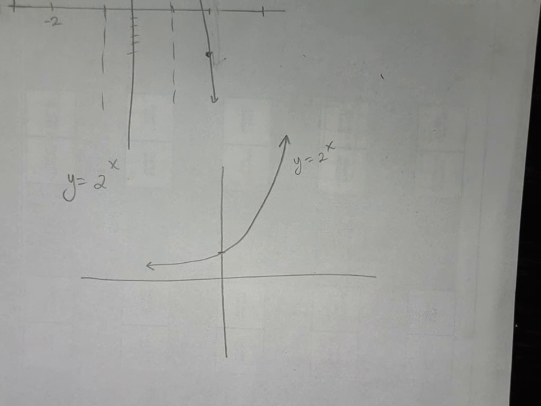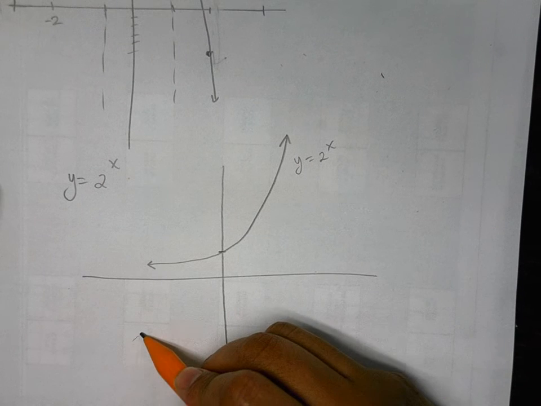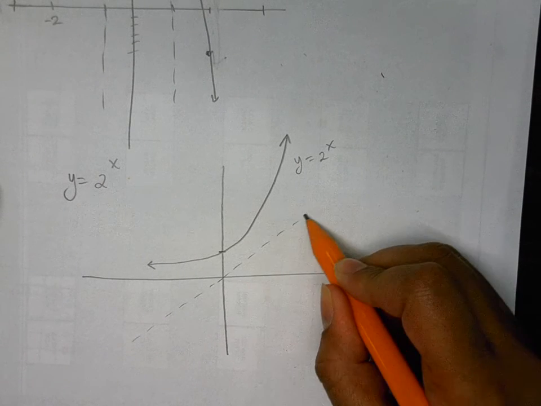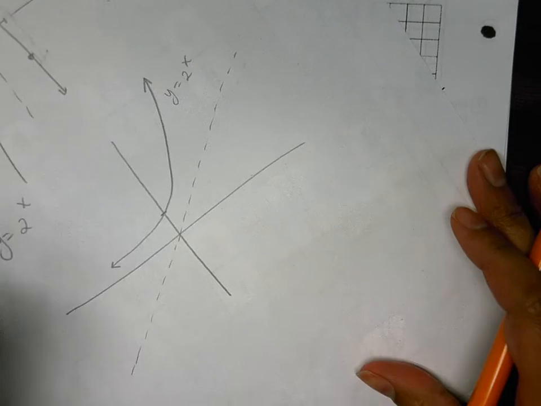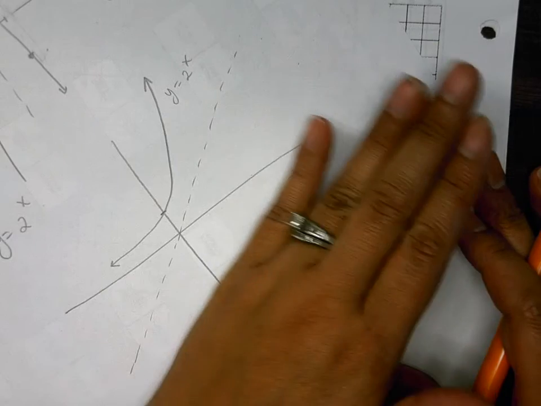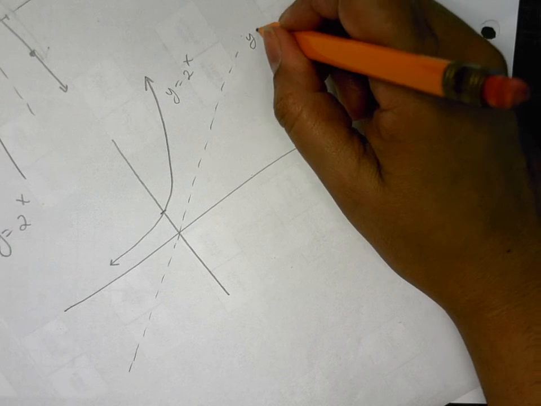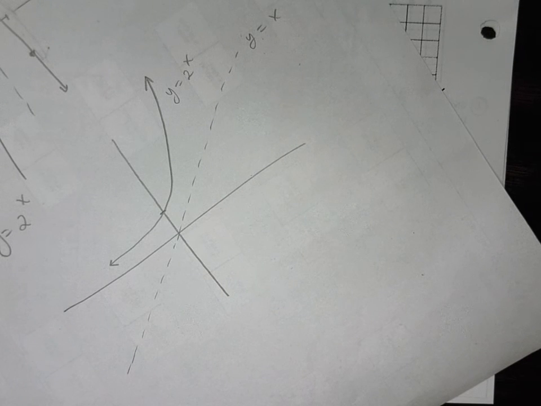Okay, so logs and exponents are inverses of each other. Do you remember the inverse unit that we did where we talked about it being reflective across the y equals x line? Do you guys remember that? Was it first semester or was it second? I think it was second, which means it will come up on our final. We did a whole unit where we talked about the graphs being,